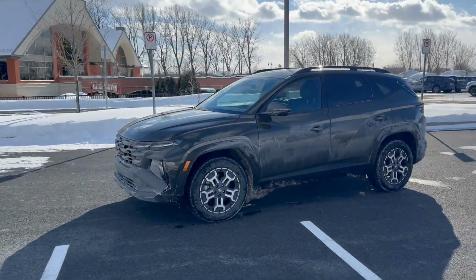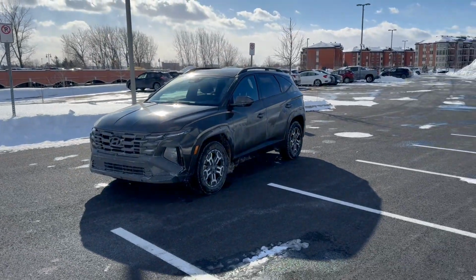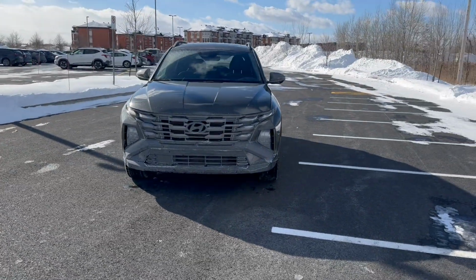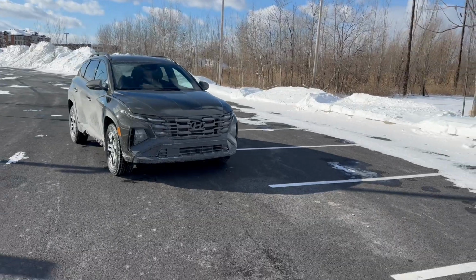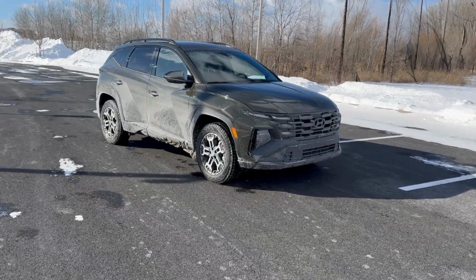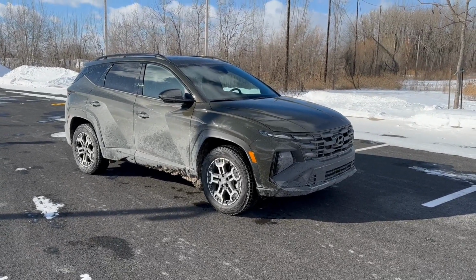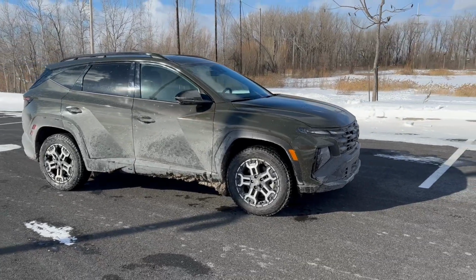When you step up to the XRT, you do get all of the things that I mentioned, the black trim and all of that. But you do get a twin 12.3-inch display, so you have the touchscreen and the instrument panel, Bose audio, wireless charging, LED lights all over the place. It's not a bad value. That's probably one of the things that works best for this. It's the value built in. $40,399 for all that you see here, except for the